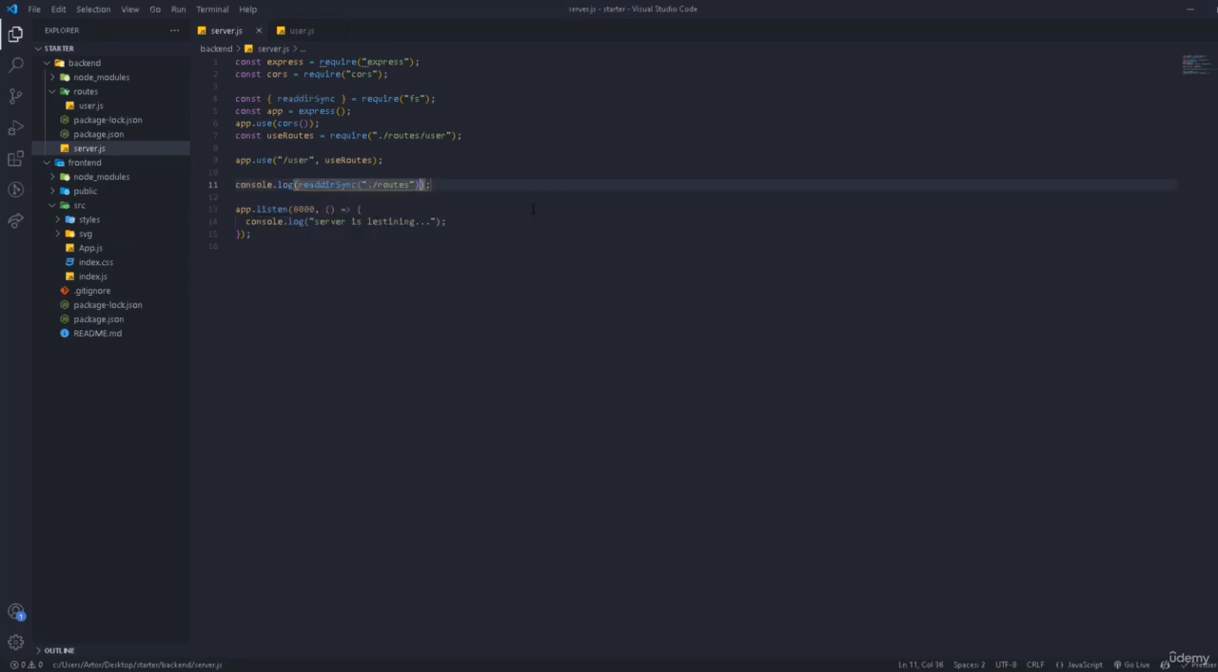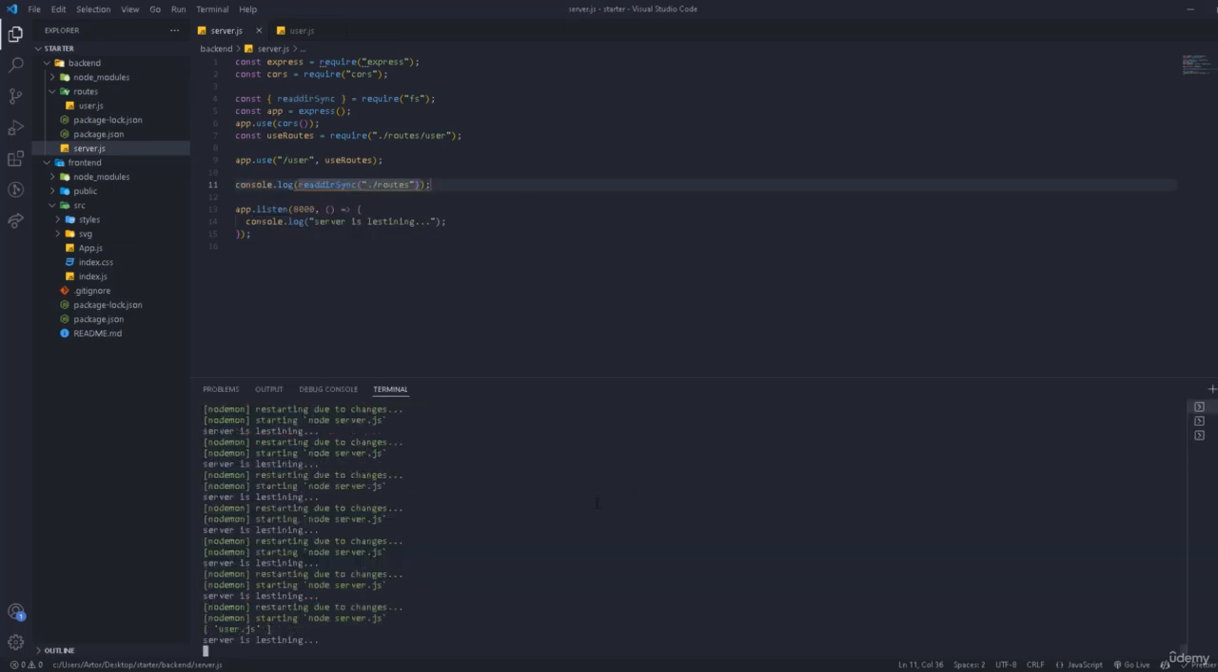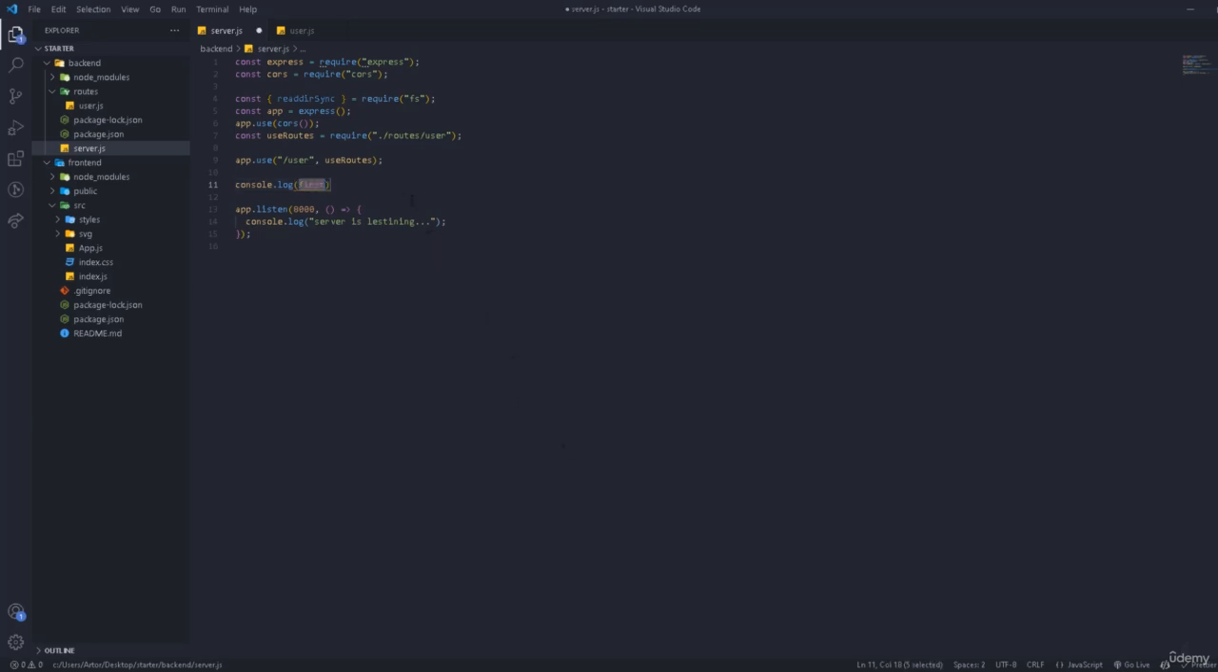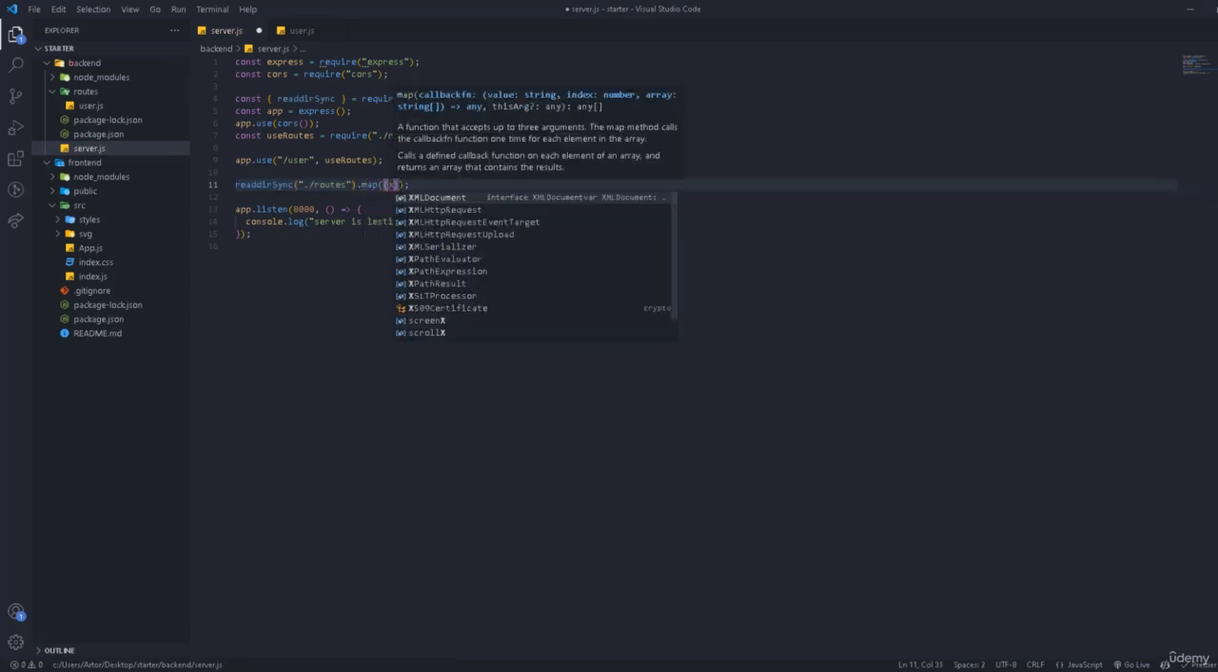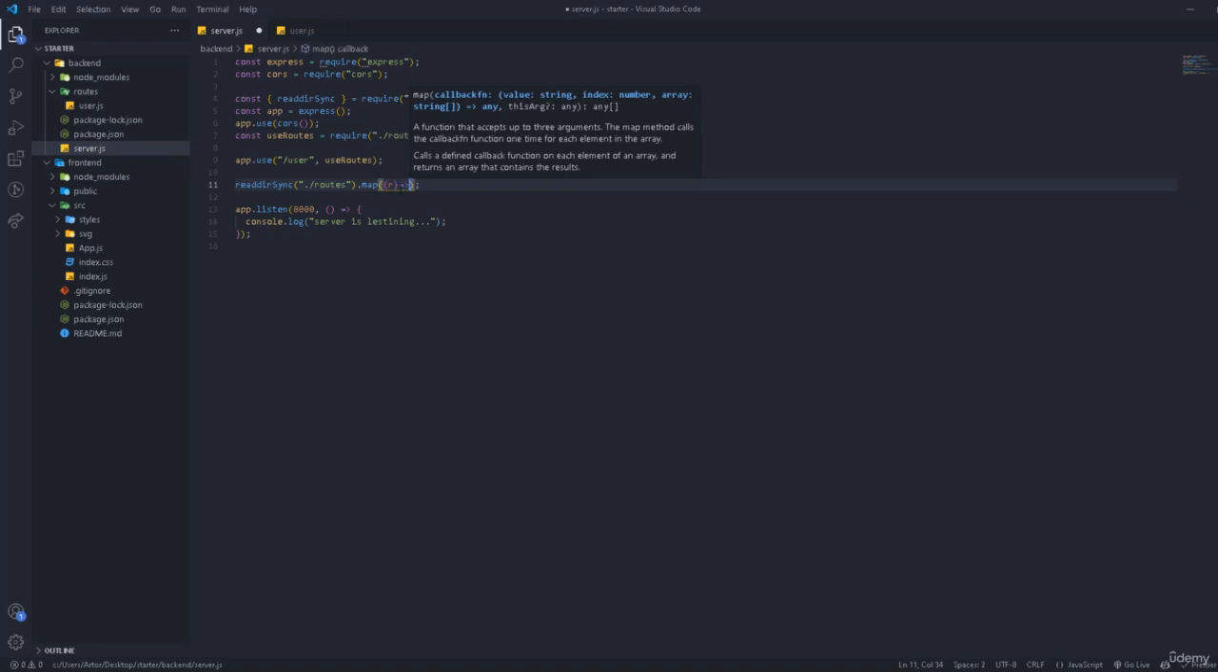All right, we can console to open the terminal, and we're going to see which returns an array which has user.js. If we have another file which calls, for example, post.js, it's going to return it in the array. So we can use this to map through the whole array. We're going to return our route, and we're going to just simply